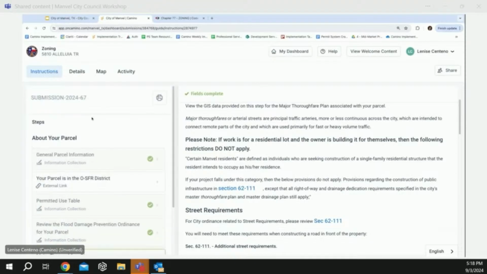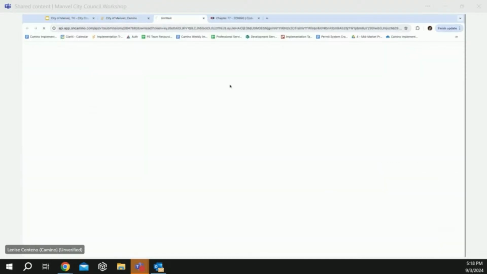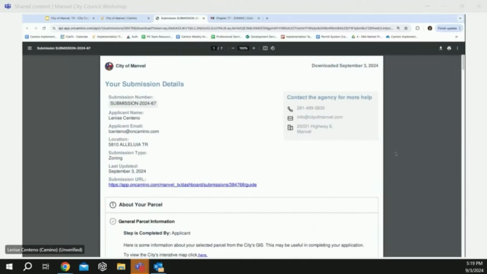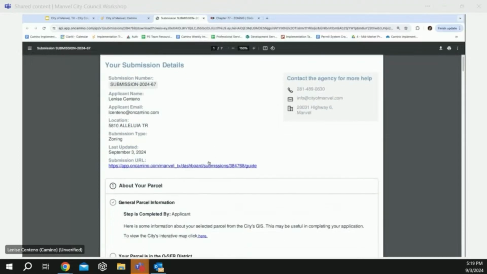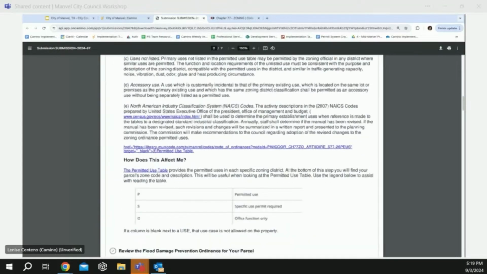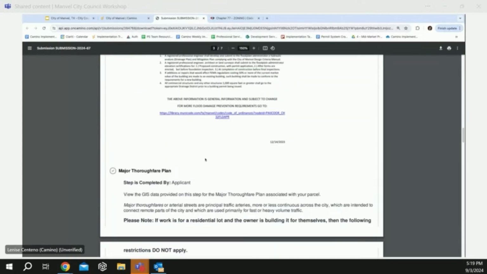I do want to share that you can actually download this as a PDF. Whether you have an account or not, let me zoom in a little bit here. With all of our guides, you get this physical takeaway. In case somebody came to the permit center and Camino was on a kiosk, or they worked with a staff member, or maybe they call in over the phone, this is something that you can always share with them. It just highlights all of the information that we covered in the guide.